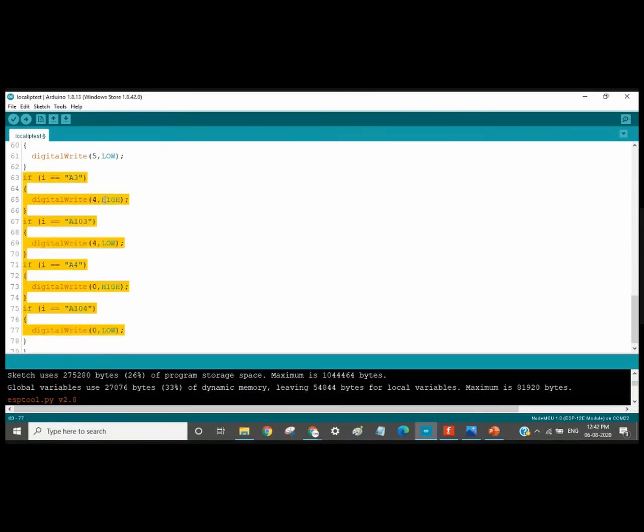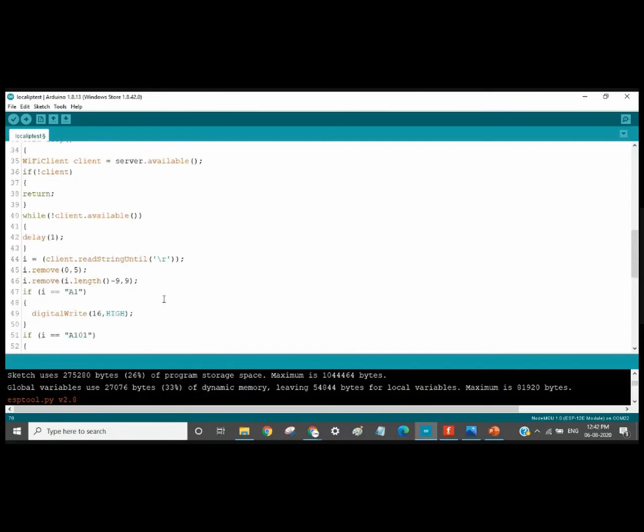For A3 it will be high, the third relay. For A103, it will be low. That means high is on and this will be low. And the fourth relay was at pin number 0. So A4 will be high and A104 will be low.